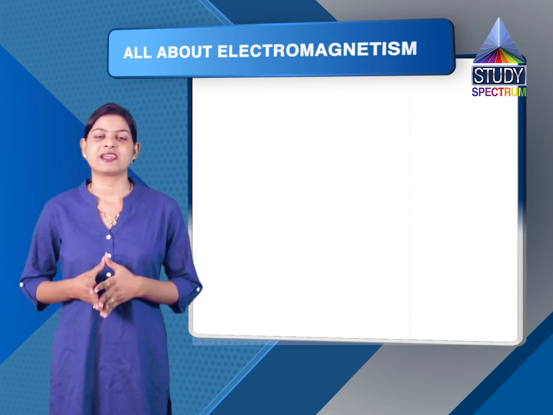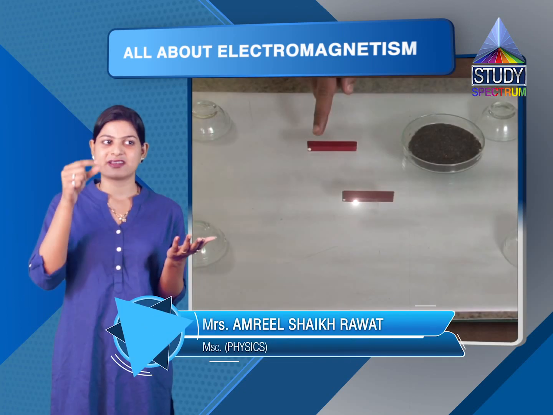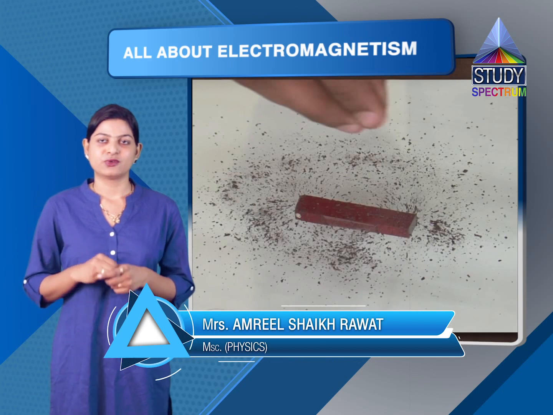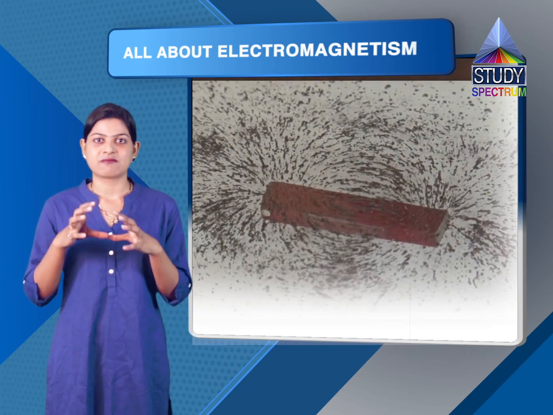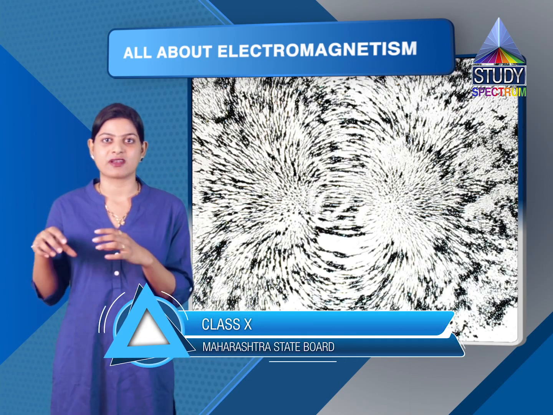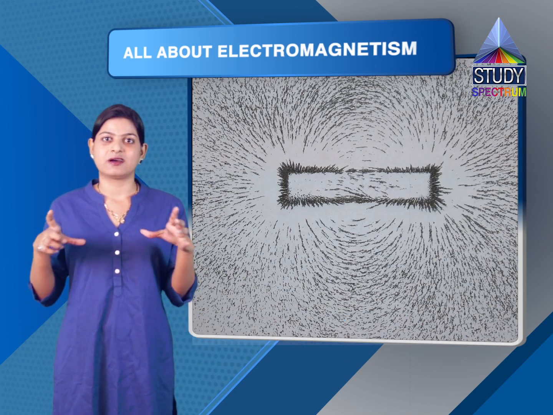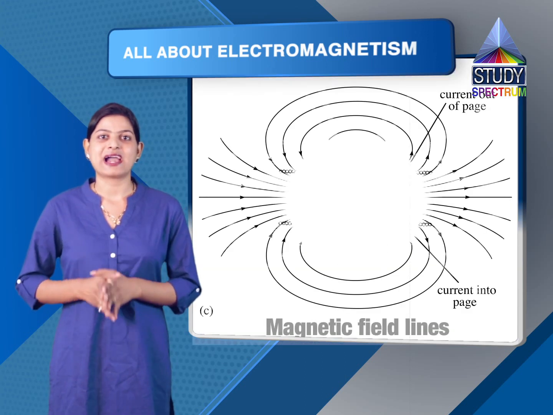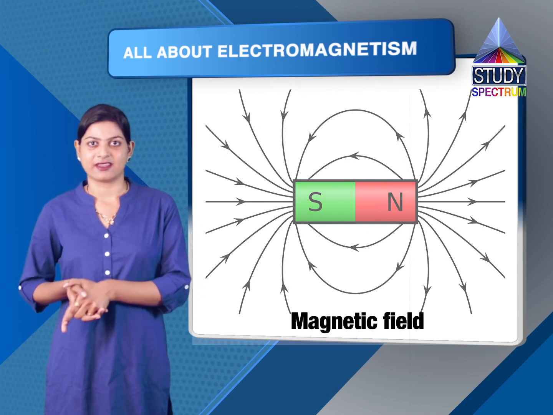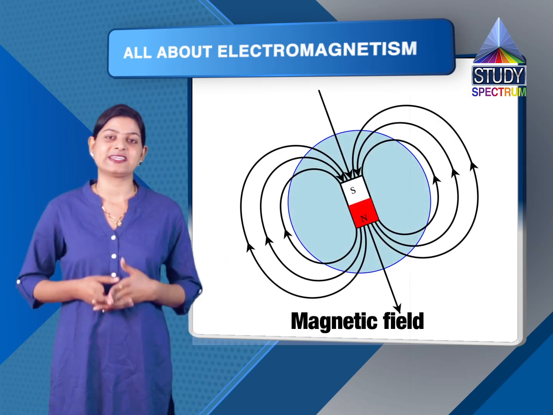To study magnetic field line, let us just do a small experiment. Take a cardboard, place a bar magnet at the middle of the cardboard. Now put some iron filings on that bar magnet. You will find that those iron filings will make a specific pattern. Observe the pattern and try to draw it on a paper. There will be some line pattern on the cardboard around the magnet. These lines are called magnetic field lines, and the extent till which the field lines are extending is called magnetic field. To explain magnetic field, let us see an example.